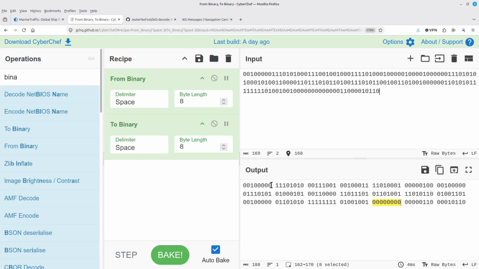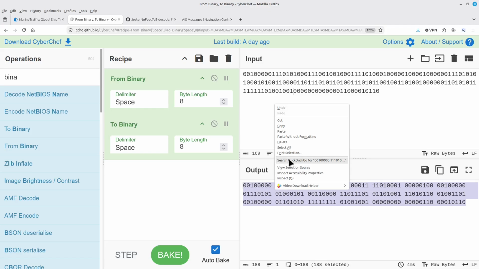Each one of these is transmitted such, again, that the one here on the right is the most significant bit. The one here on the left is the least significant bit. In order to do further processing, we have to swap those around. Unfortunately, there's no easy or good way of doing this. Therefore, I'm going to bite the bullet and I'm going to do this manually.